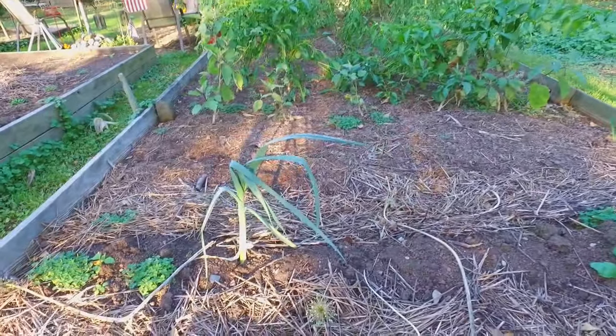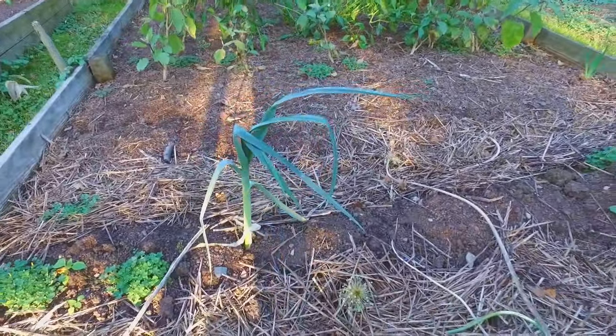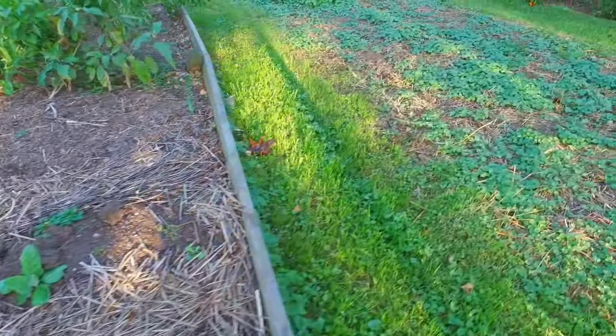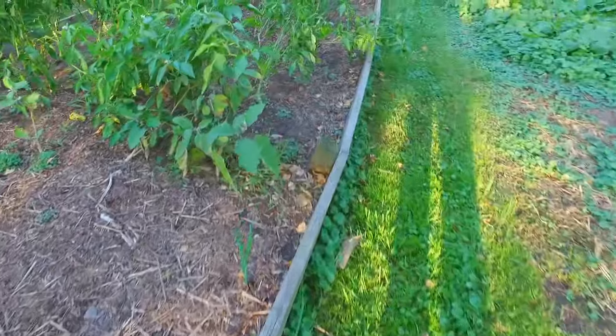I left this one leek in the ground. I'm not really sure why. It doesn't look too bad now. I might go ahead and harvest it. And then beyond that are the eggplants,